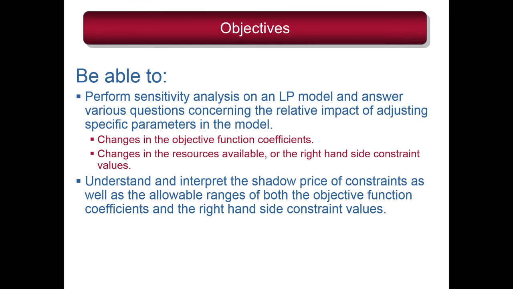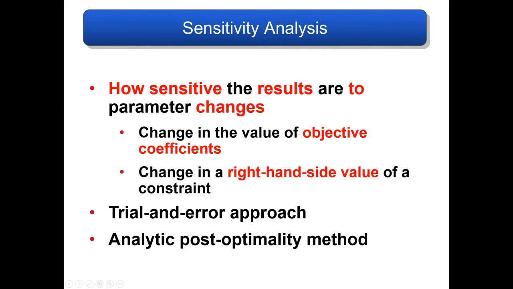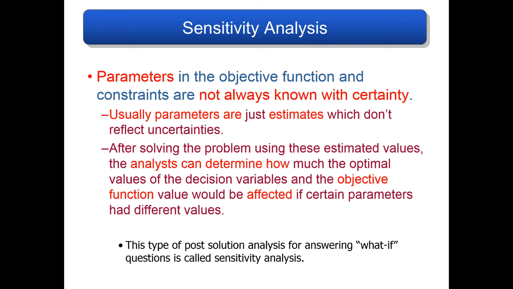And then it says understand and interpret the shadow price of constraints as well as the allowable ranges of both the objective functions. Okay, so here's what we're going to do. We're going to keep moving through. So we're saying how sensitive are the results to parameter changes, to changes in the value of the objective function and changes, or the objective coefficients and changes in the right-hand side value of the constraint. You can do that with a trial and error approach or analytic post-optimality method. Okay, trial and error, it might take us quite a while to figure it out, so let's let Excel do it for us. Okay, so if we're going to do that,